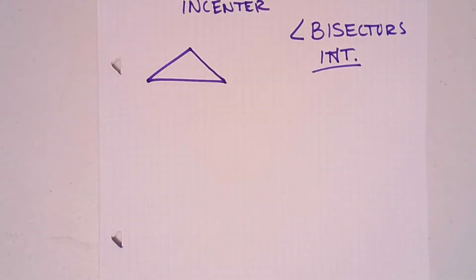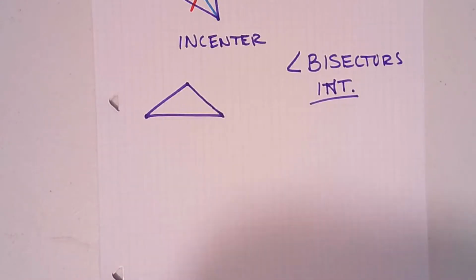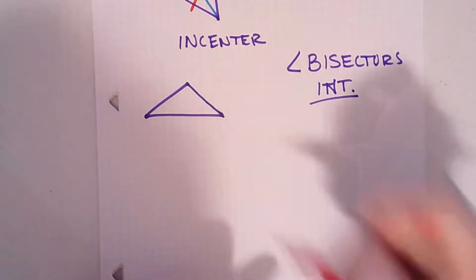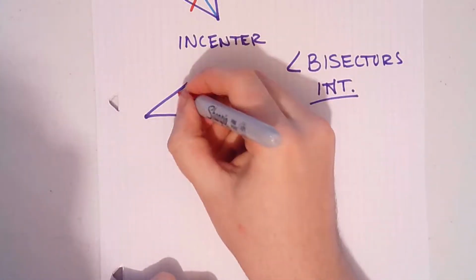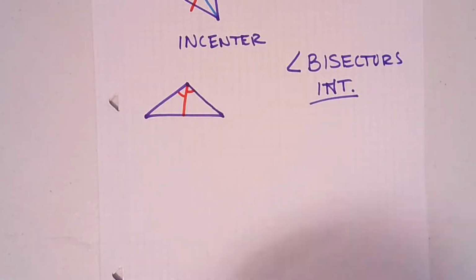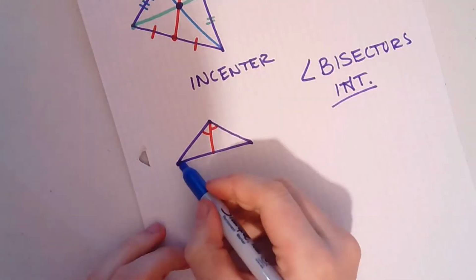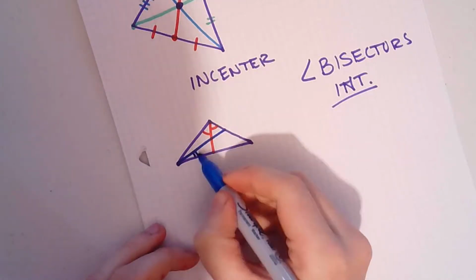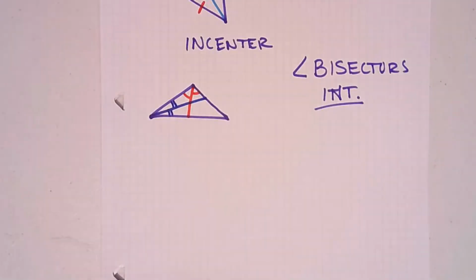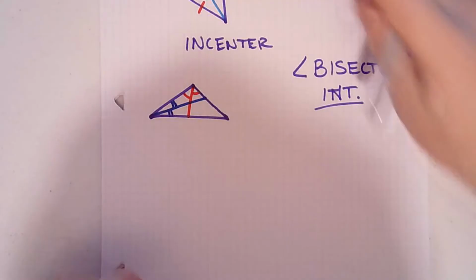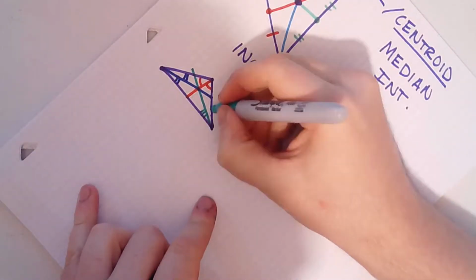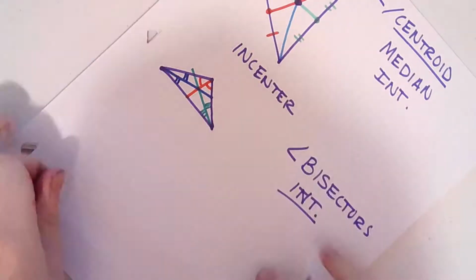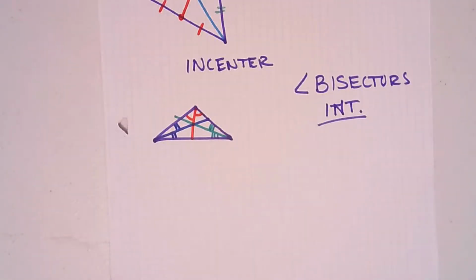So the angle bisectors are the lines that cut the angles in half. So if I do a line here, that looks about half to me. I've got half and half. If I draw a line here, that looks about half to me. And I draw another line, maybe here. It looks like it cut it in half. The intersection of those angle bisectors